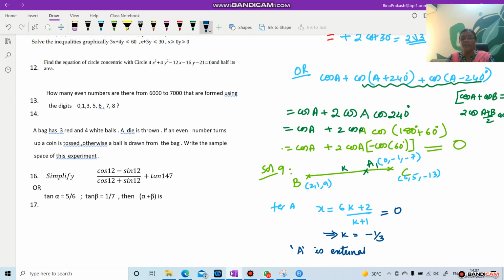Okay. Now before that, let's go in for the other values also. Let's see whether we are going to get the same thing with y also. Minus 1 is the y coordinate. We have 5k